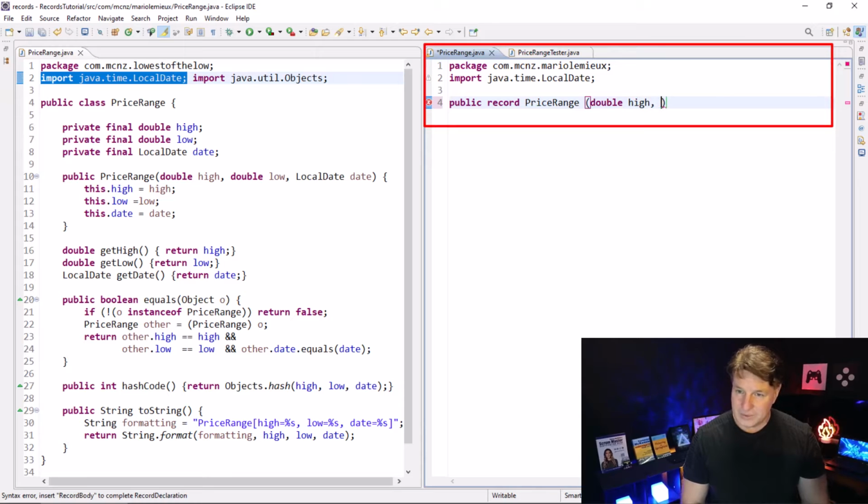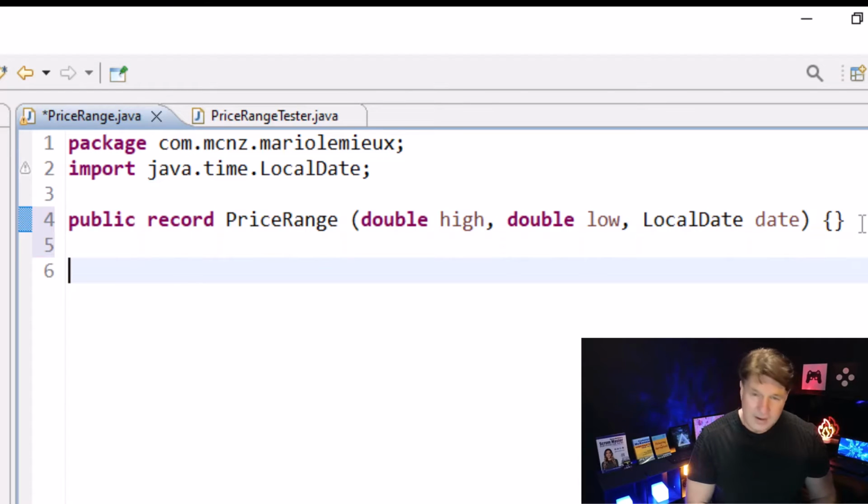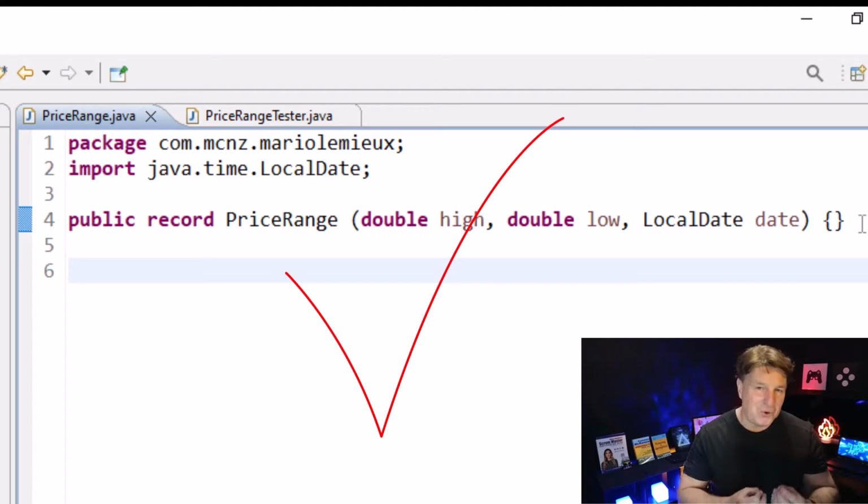I need a double to represent the day's high, a double to represent the day's low, and then a LocalDate, well, to represent the date of that particular stock trading event. I then put some squiggly brackets at the end there, click Control S to save my code, and boom,